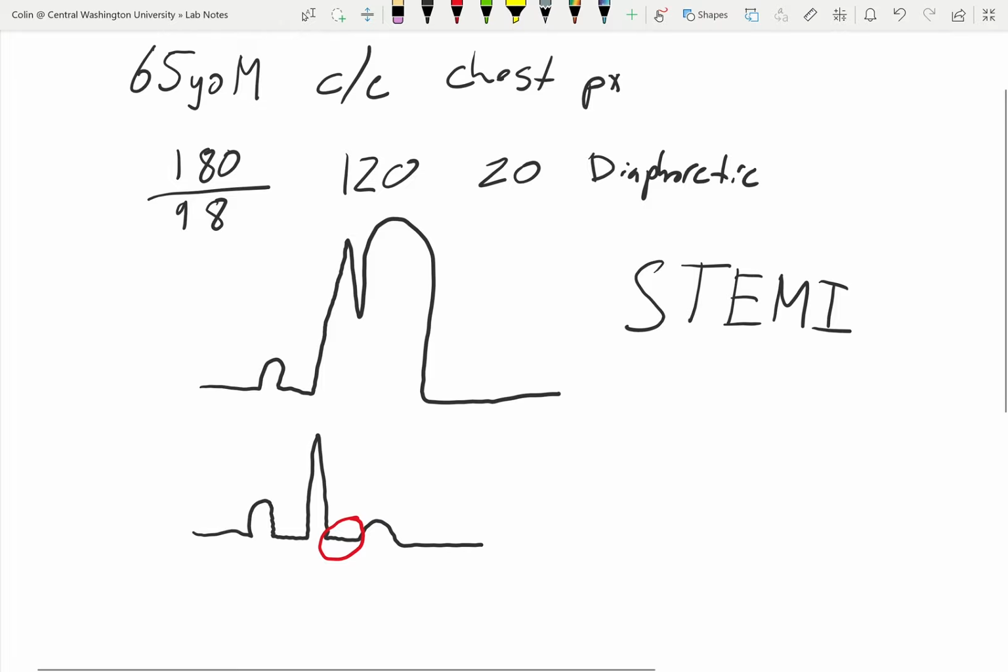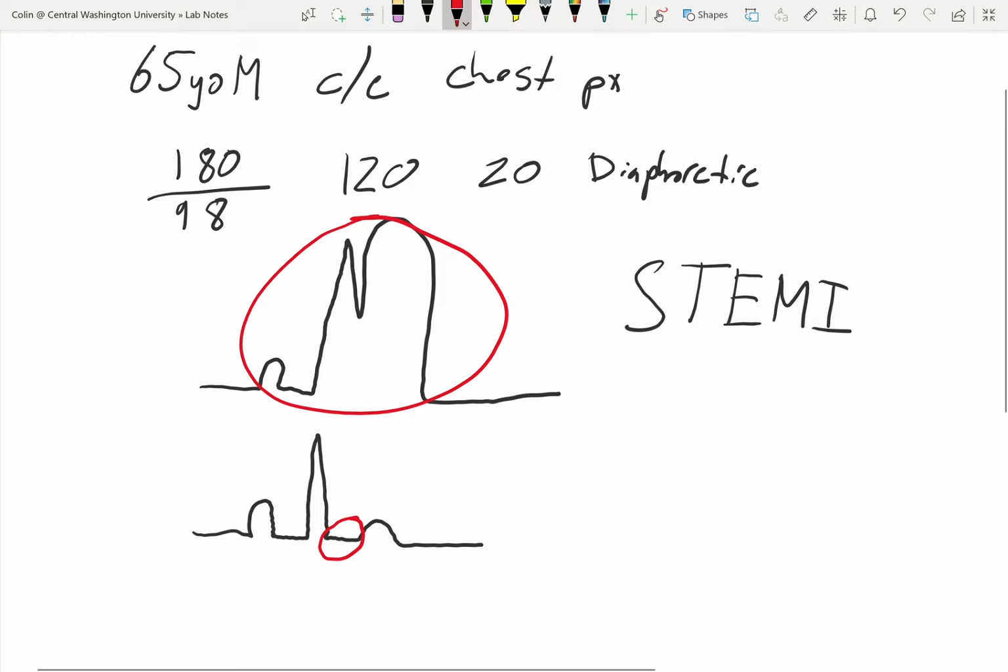So without overcomplicating it, it is really that simple. We'll get into this in different videos, but there are leads that look at certain parts of the heart. And there are usually two leads that look at the same portion of the heart. So if in two of the leads that look at, say, the lateral part of the heart, those two leads look like this with ST elevation, then I'd say, okay, this person's having a heart attack,